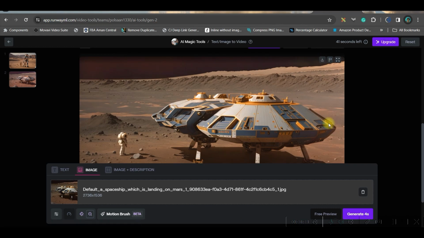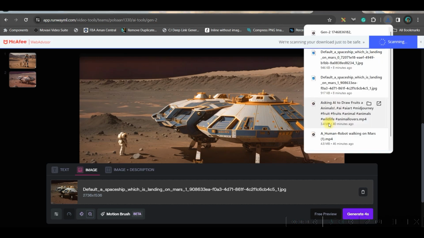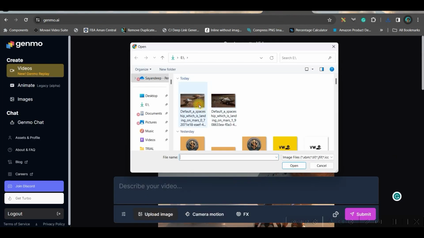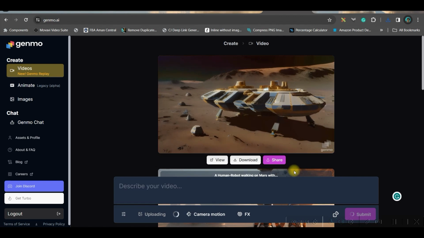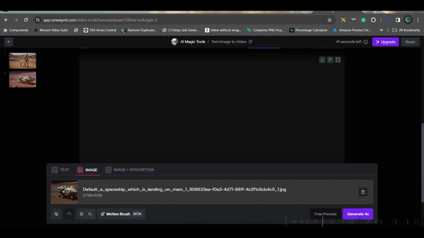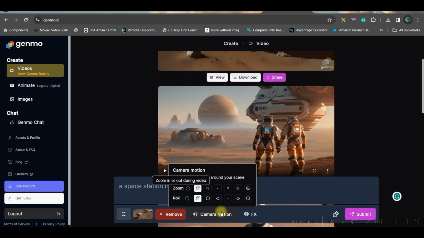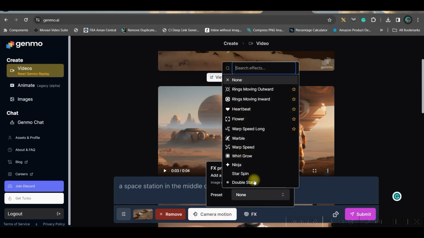Now let us see that last magical tool which I'm going to use for Runway ML, which is not possible in Genmo. So now I'm going to upload that video where we have two objects here, right? Again the same way I'll be uploading that video here as well. And here I will give a camera motion, okay? Again a zoom out motion, okay? And let us give a preset,